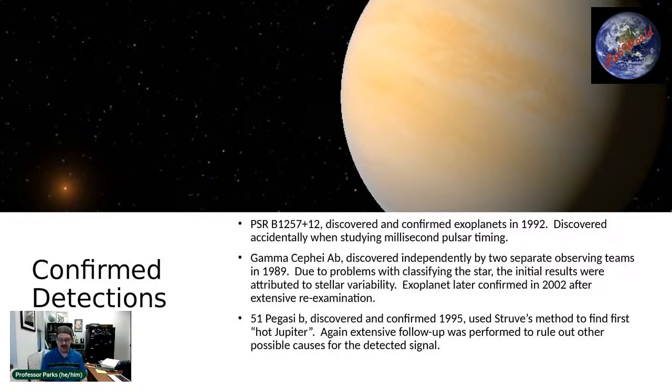Dr. Latham's data suggested the presence of a planet, but it was very, very dirty. It was very noisy. The scientific community looked at it and said, no, there are too many other things that could produce the data that you're seeing. The inherent variability of the star, just noise within your detector, systematic errors within your detecting system. It wasn't until people followed up in 2002 with better equipment that they said, oh yeah, you're right, that's a planet.